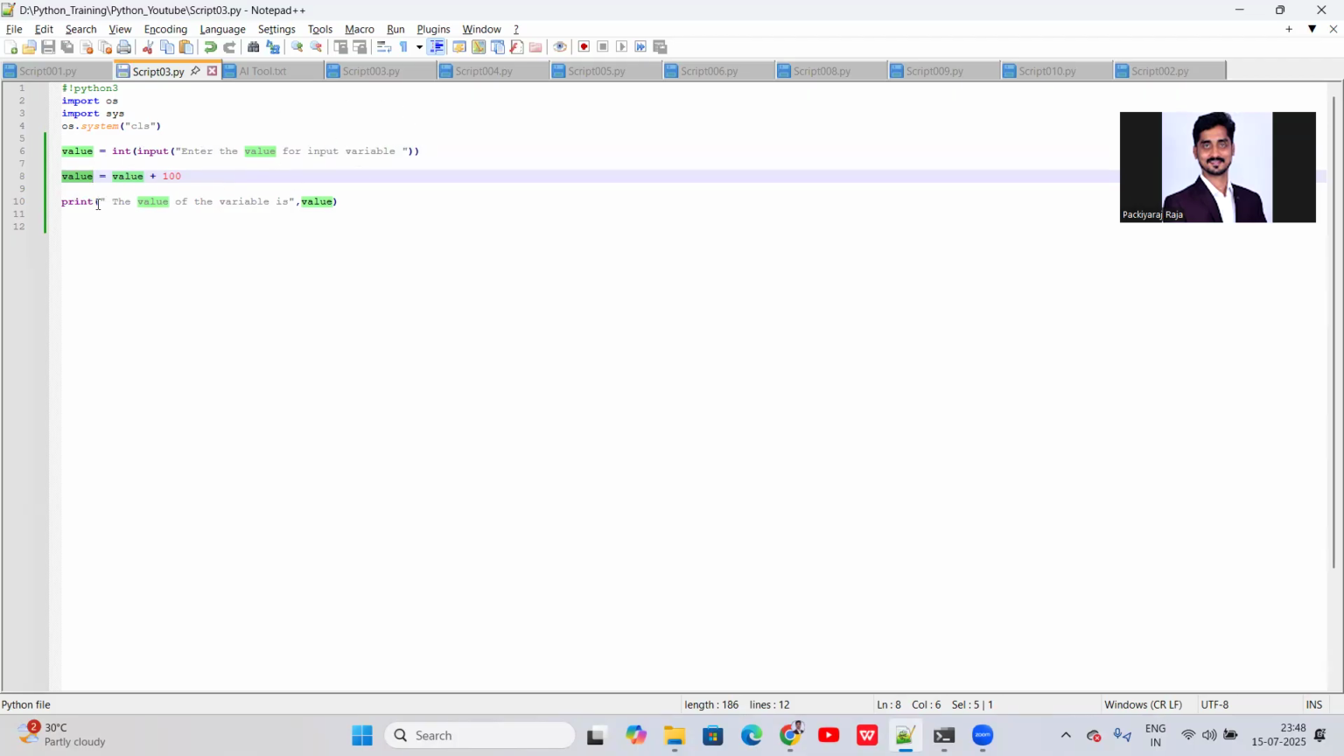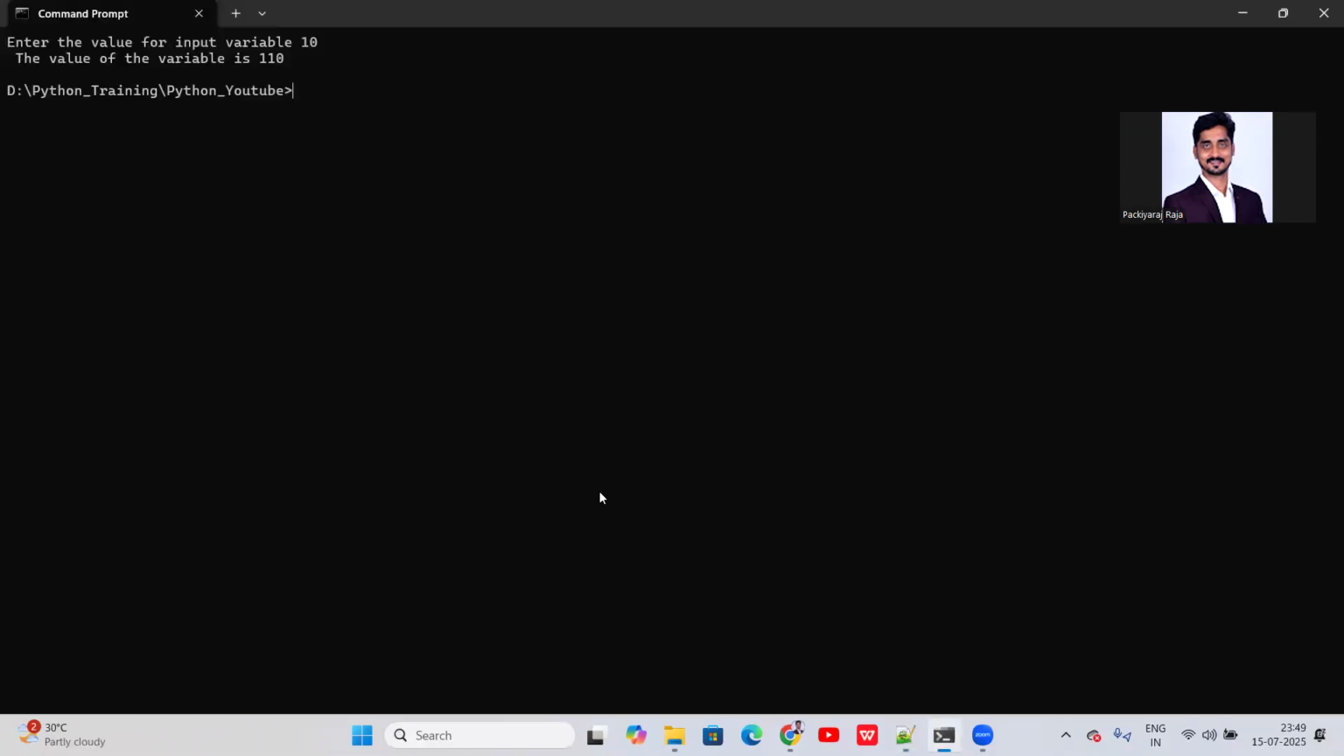But in Python, we can directly declare the variable and assign it, because it always takes all the input as a string. So then we have to convert it. If you want to convert it to an integer, then we have to use the int function. Okay. So in this example, now I am giving a